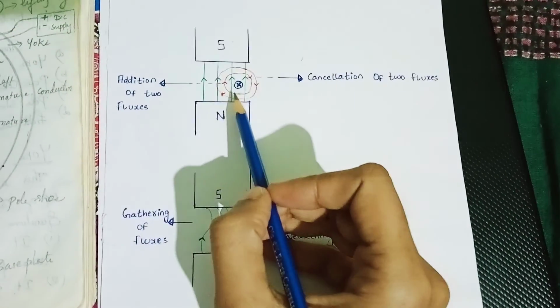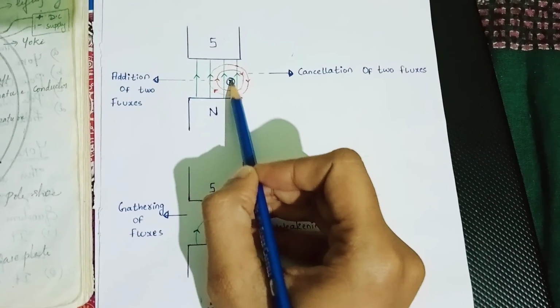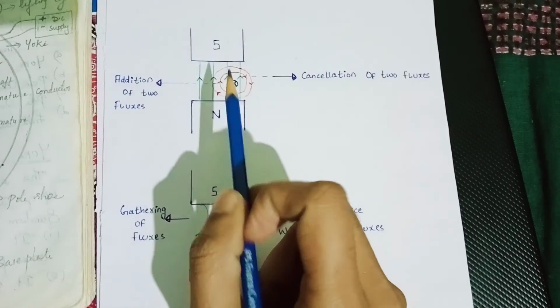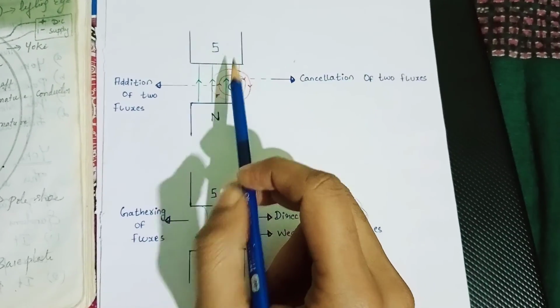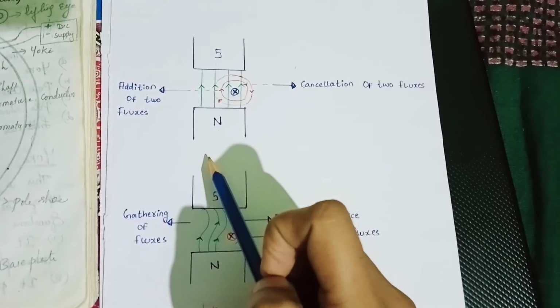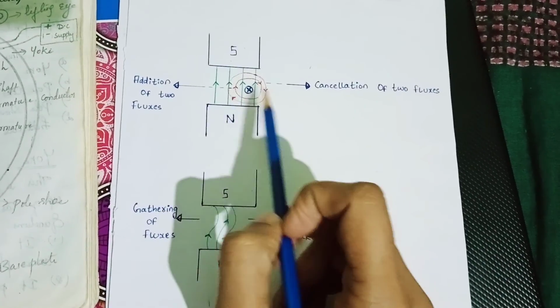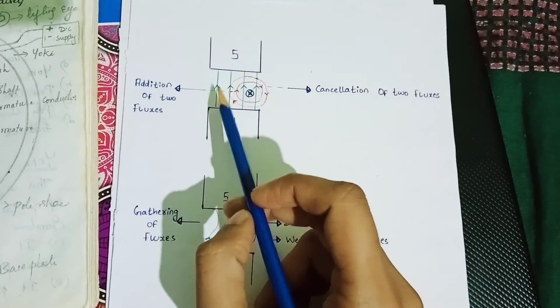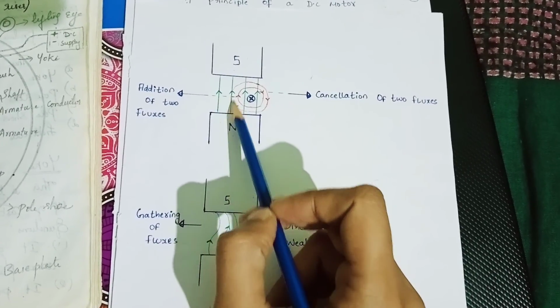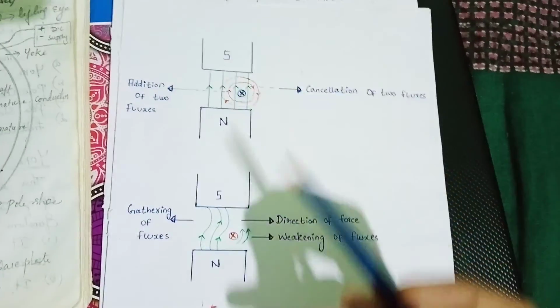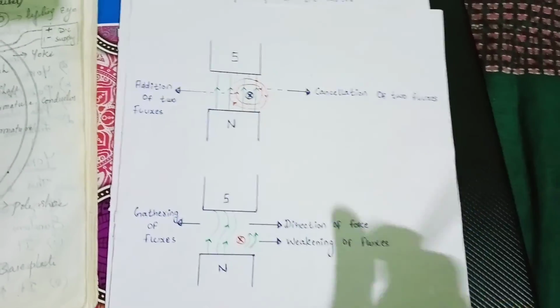Since it is carrying current inwards, we mark it as into the plane. Understood? Here we have two magnets, that is two poles, north and south. Since we have excited the field coil, the magnetic field flows from north pole to south pole, which is shown by this arrow mark. Later, when you supply current to the armature,